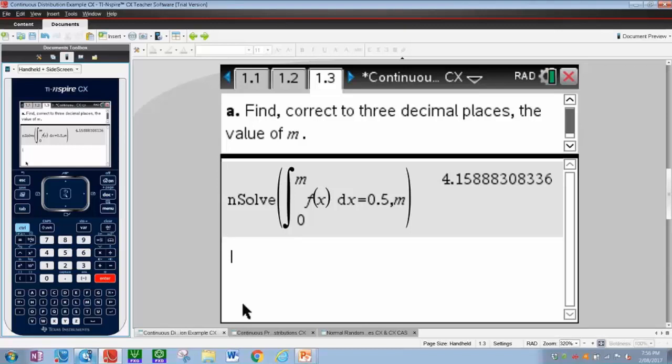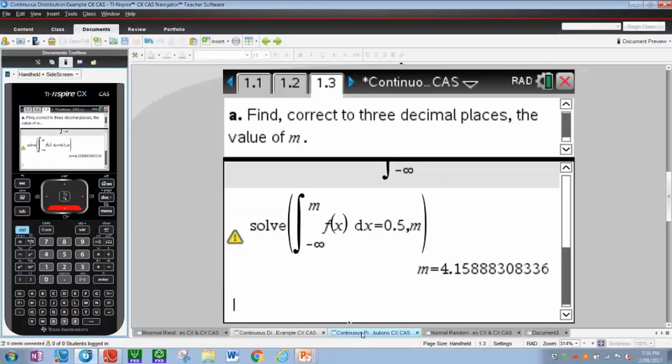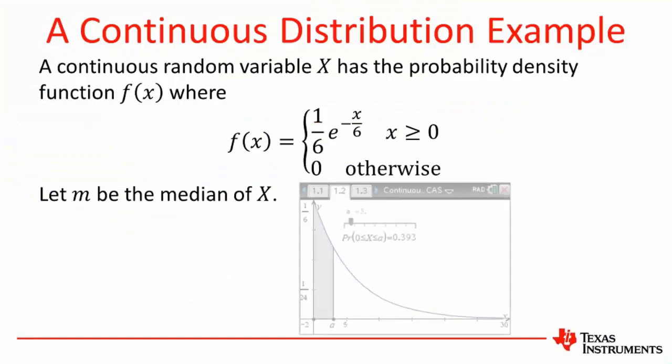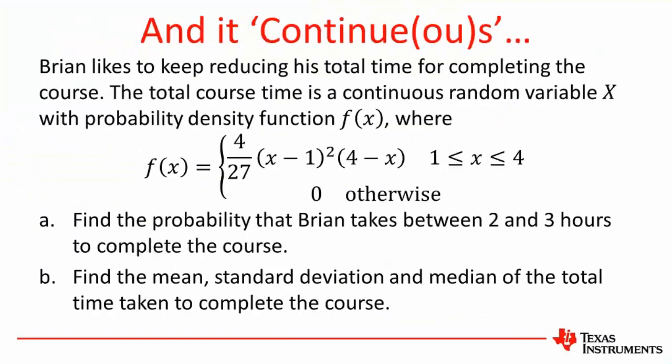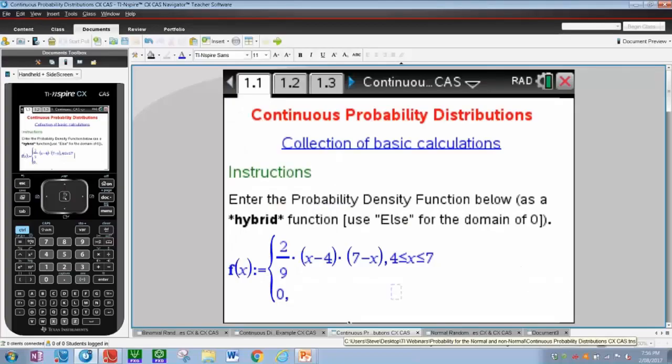Okay, so what I might do is quickly skip over to the notes page of my continuous. I won't go through the whole thing over here, but basically we're looking at Brian's complete time, the total time for completing the whole course. I've got a particular random variable there between 1 and 4 hours, and it's that particular continuous random variable. I'm just going to quickly take you through a tour of the notes page on that one. I'm showing you how it works.